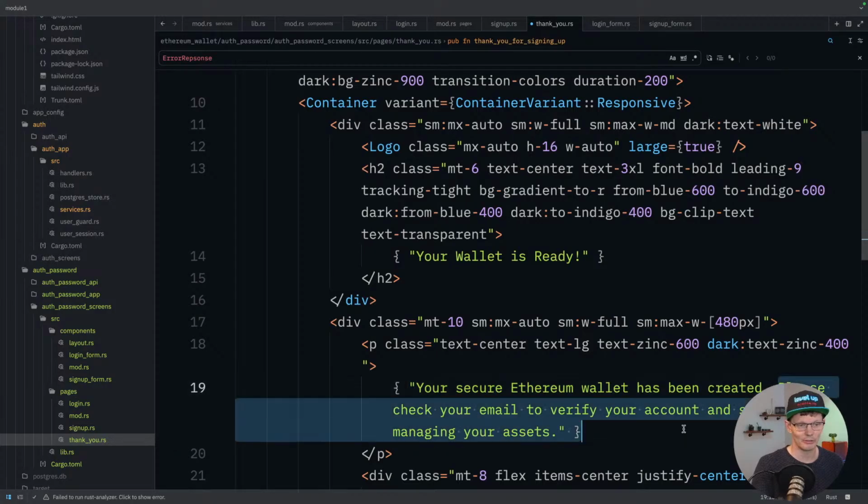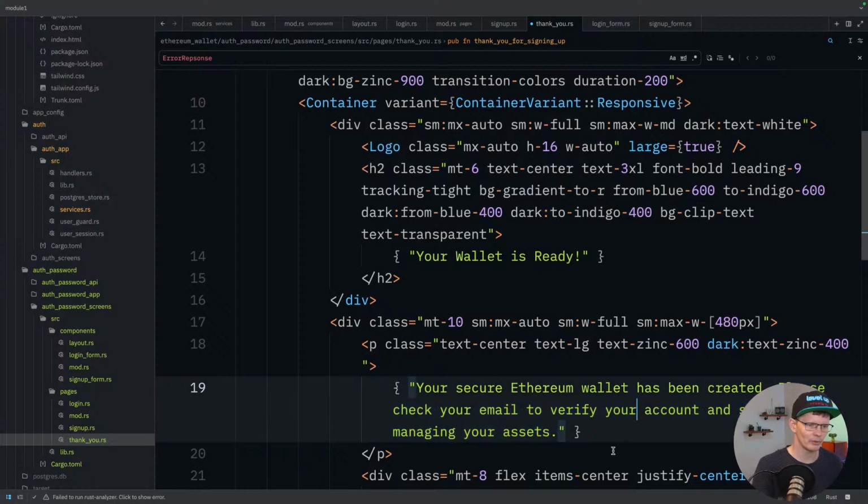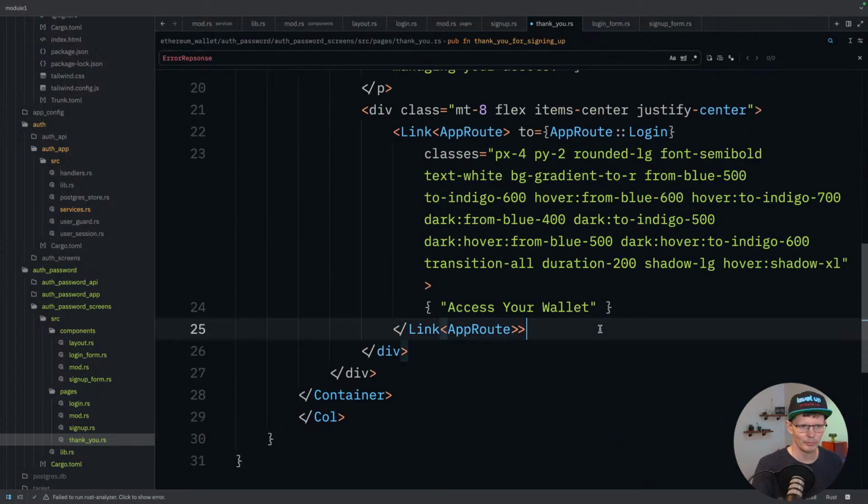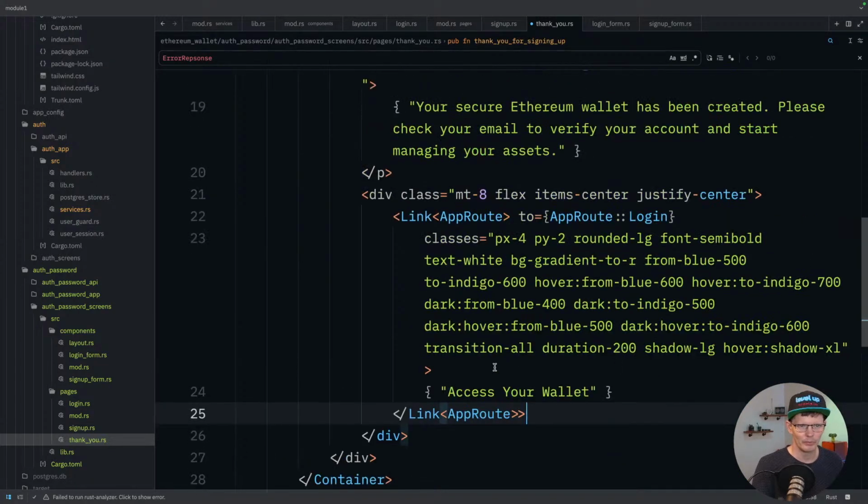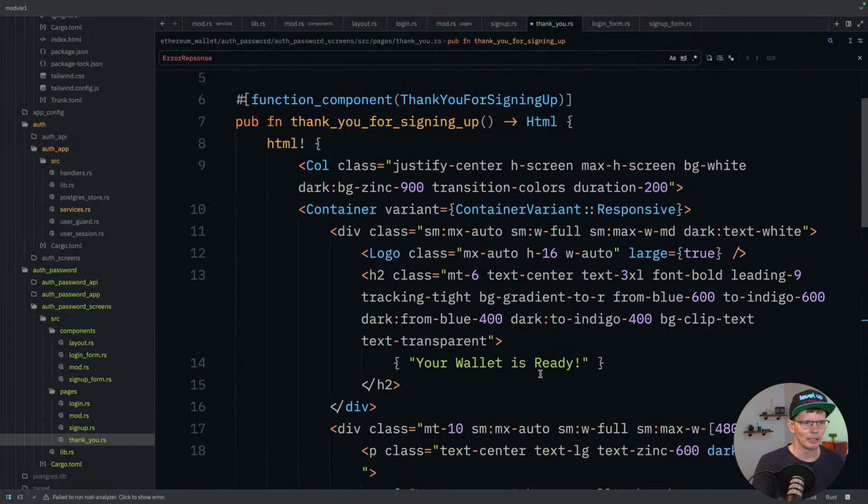And so actually this bit we are not going to do. We're not going to make email verification. This could be an extension that we would be doing, but we're not doing that. That would be out of scope for what we're doing here. Right, and then we have a button that allows you to log in afterwards and test your password. So